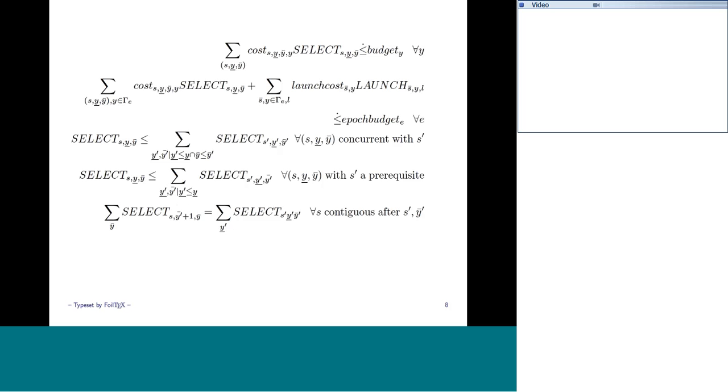And then you see that we have various constraints dealing with the characteristics I showed a few slides ago on the systems. So the systems that need to operate concurrently with each other, or one system needs to be a prerequisite to another system, or the systems have to operate contiguously, so as soon as one stops, the next one has to start. Of course, these are all identified a priori based on what the systems are, but we need to incorporate this into the model.